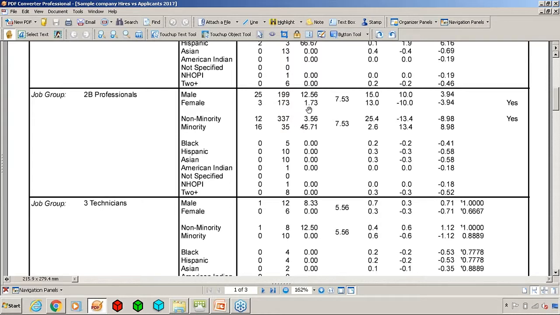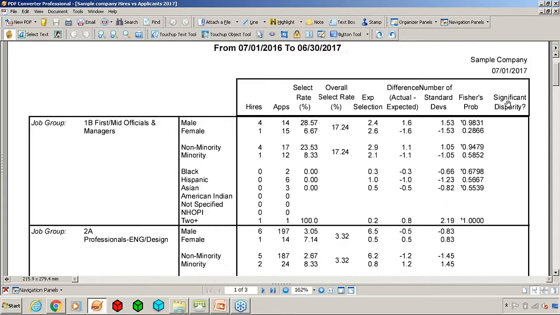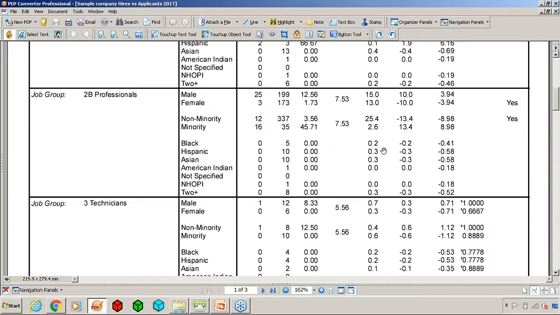This is an indicator of systemic, over here it says significant disparity, or it is an indicator of discrimination against females. We also have the same indicator against non-minorities, because non-minorities were selected for hire at a 3% rate, minorities